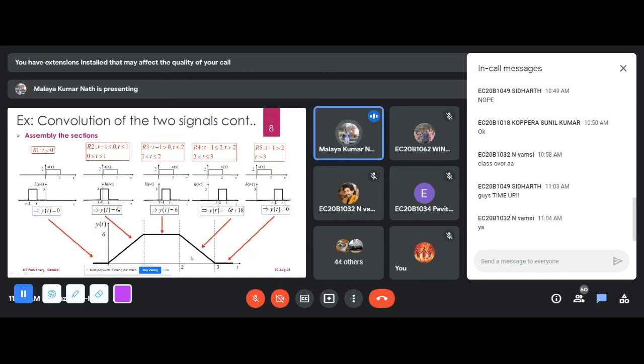This is called convolution. Here I have given two square waves. This is a rectangular wave from 0 to 2, that is x of tau, and h of tau is another rectangular wave varying from 0 to 1. If you perform the convolution of the two rectangular waves, we get a trapezoid. If you perform the convolution of two triangular waves, we may get something different. I'll give some questions to you; you just have to think and tell. Anybody has any doubt or anything? Please ask me.